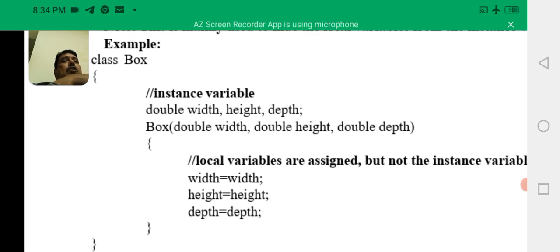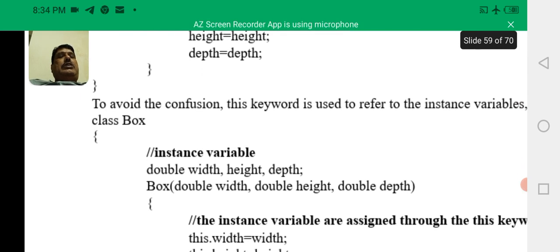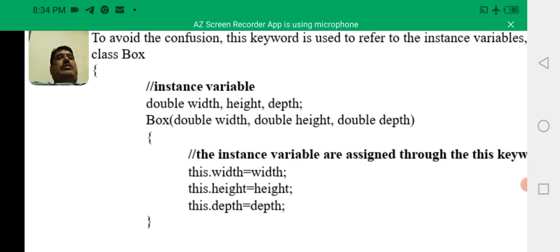Then here local variables are assigned but not instance variables. To avoid this confusion, the this keyword is used. Box of double width, double height, double depth. So here this dot width equal to width, this dot height equal to height, this dot depth equal to depth. Here instance variables are assigned values.